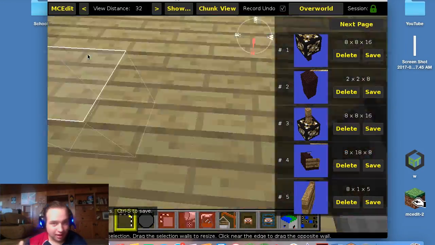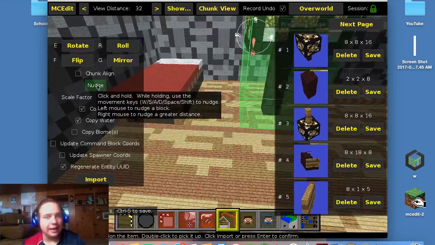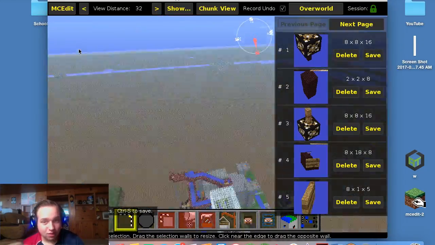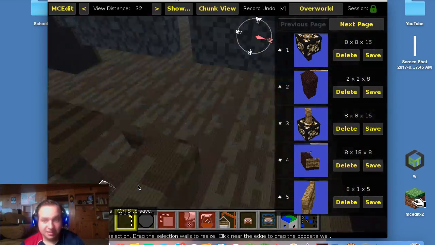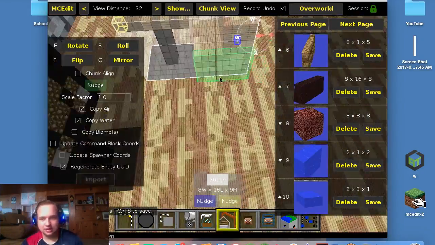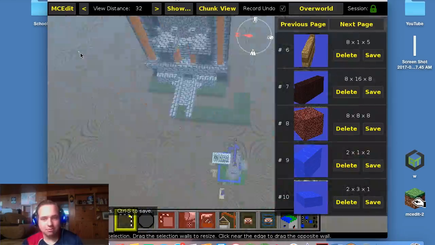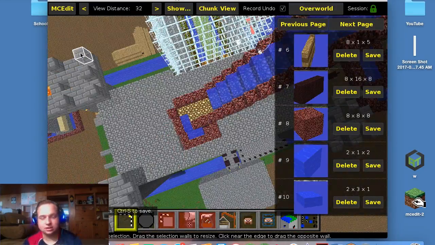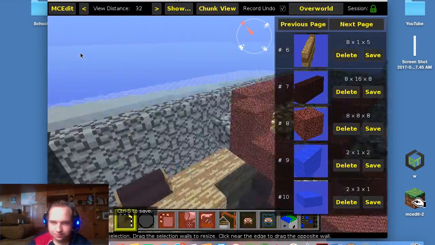Because when you put that roof on, you can't have night vision while you're in MC Edit. So it's just completely dark. As you can see in some of these scenes, it's just completely dark when I'm trying to put the lanterns in or just the little finishing details in.